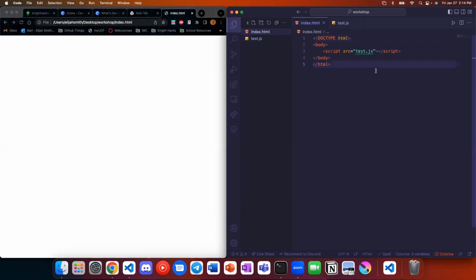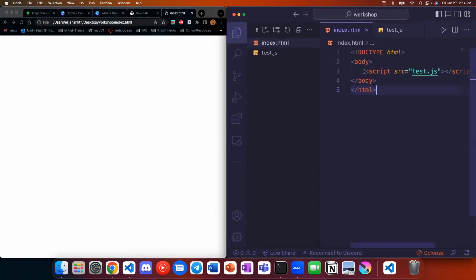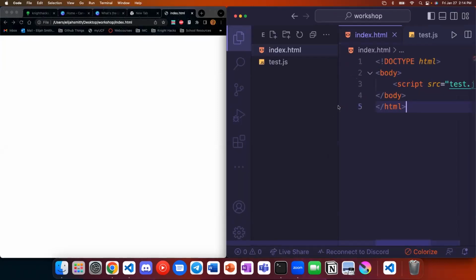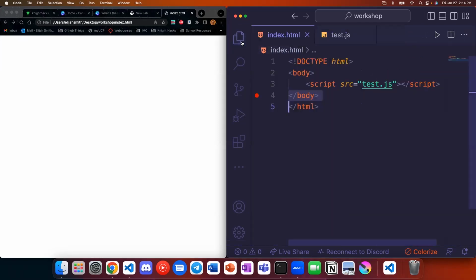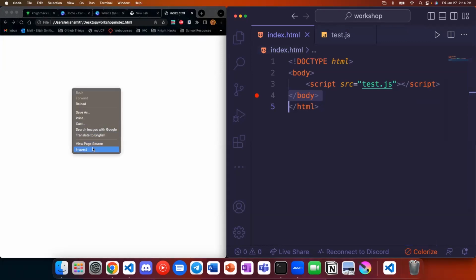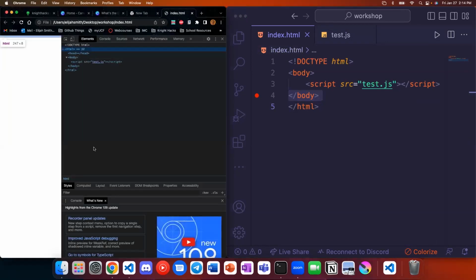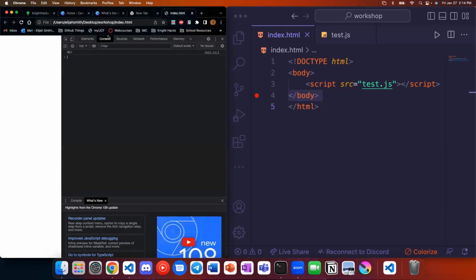Let me also make this bigger. I'm in the exact same level. I'm trying so hard to close this menu. There we go. This should be all you need, and you'll know if it worked by going into your browser. Once you open it, inspect, and go to your console. All of your JavaScript is going to execute in the page. Anything you print goes to the console. We're going to print a lot of things here.